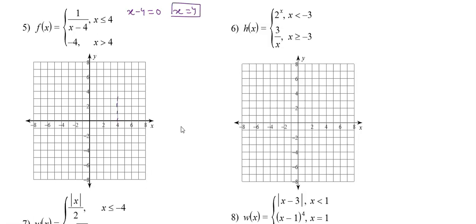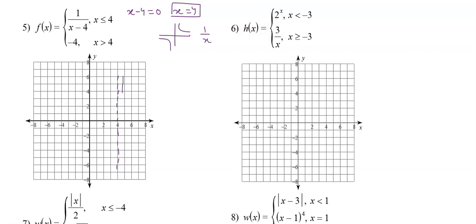And the horizontal asymptote is the x-axis. The standard graph of 1 over x looks like this. This is the x-axis and this is the y-axis. Now this is 1 over x minus 4, which means the standard graph will shift 4 units to the right. So the graph basically is this. Let me draw the complete graph for better understanding.